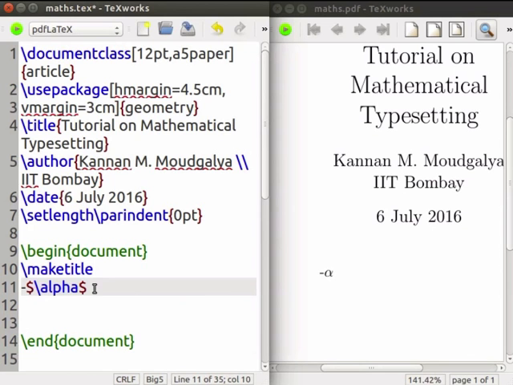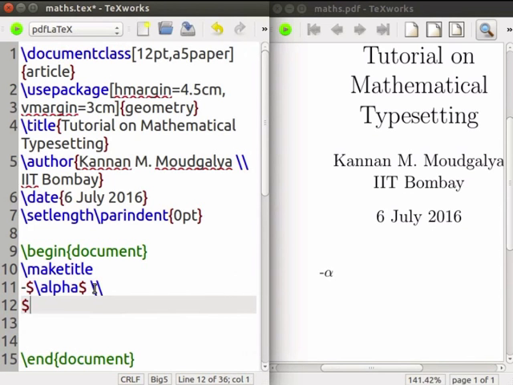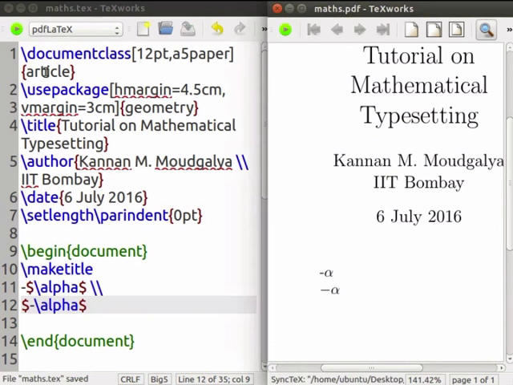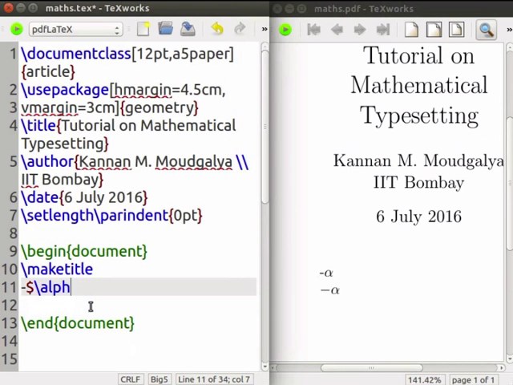Let us also copy with the minus sign inside the dollar sign. Let us compile again. See the difference in the minus sign now. The second one is what we need. The dash is not to be used. Not putting the minus sign within dollars is a common mistake made by beginners. Let us delete all of these.